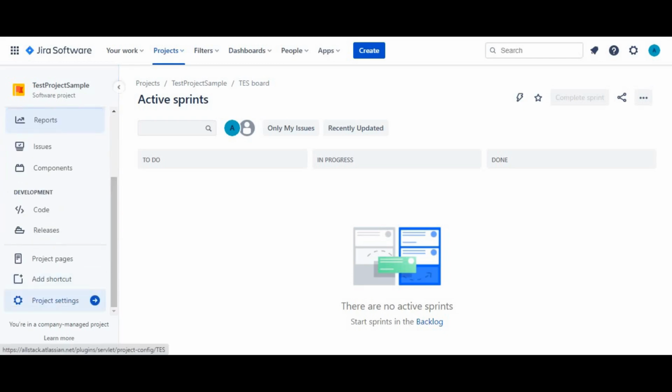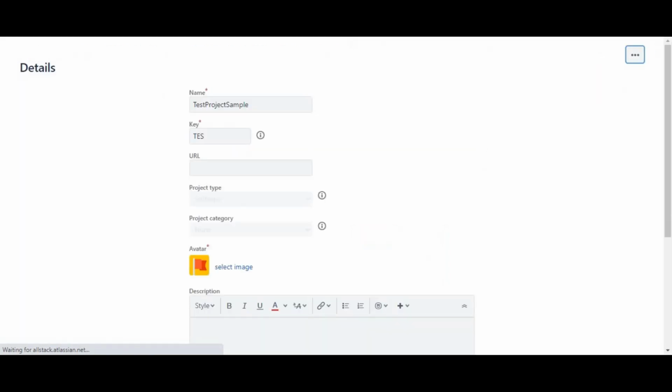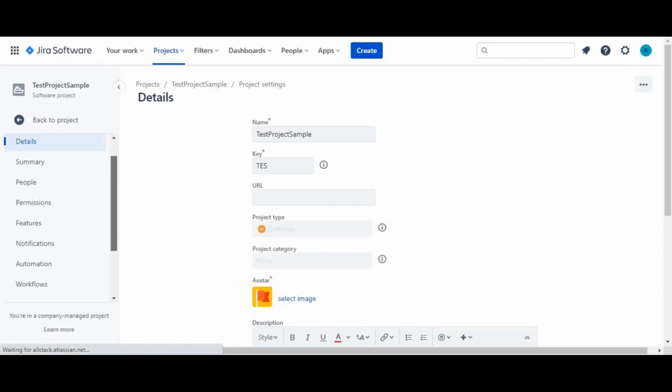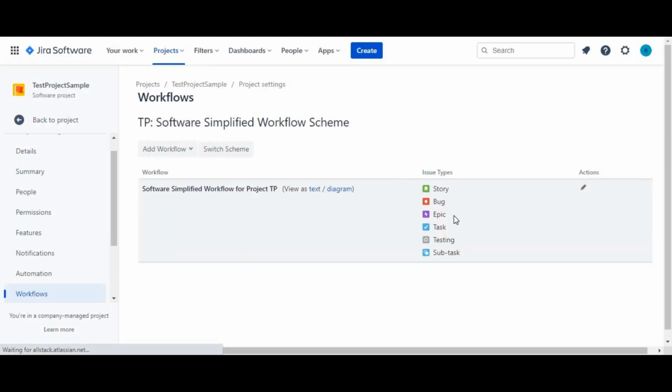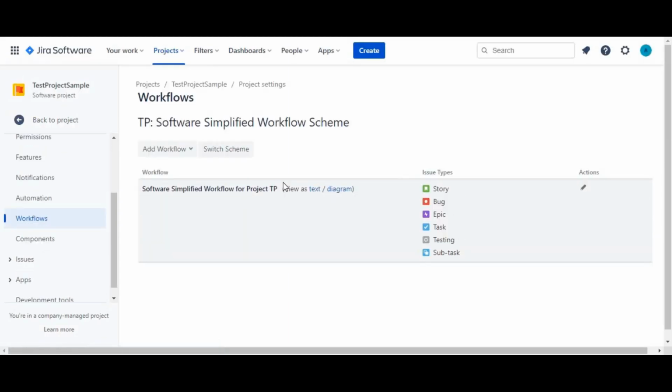Go to project setting. Then we'll go to workflow. So you can see currently all my issue types are using this workflow. So let's say my requirement is that the bug issue type will use a specified different workflow other from this. So for that we have to create a new workflow,